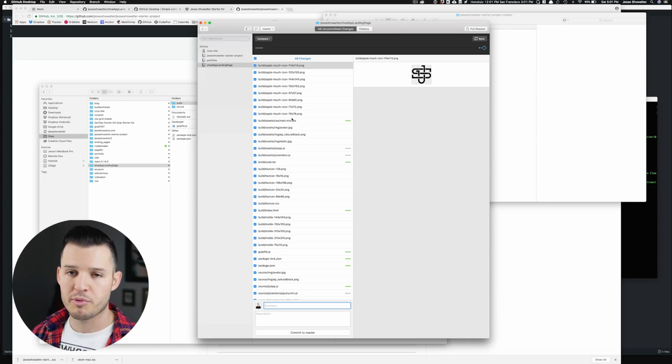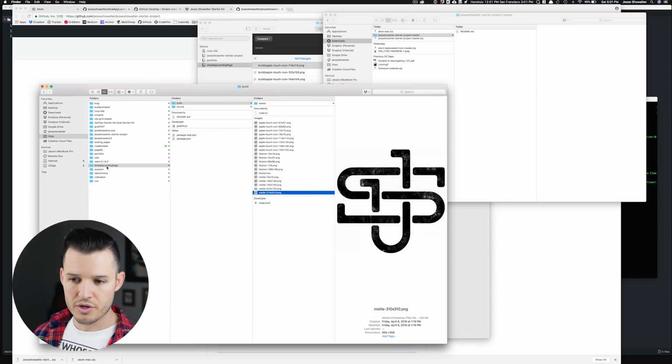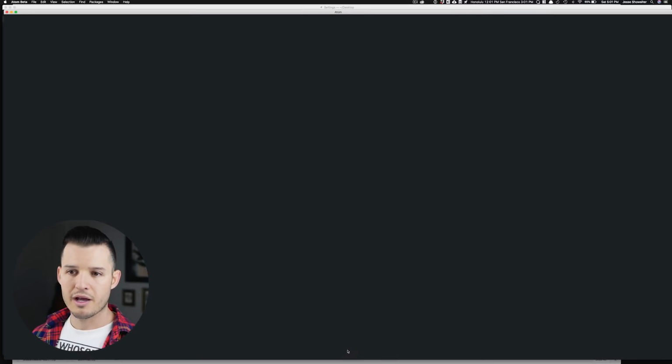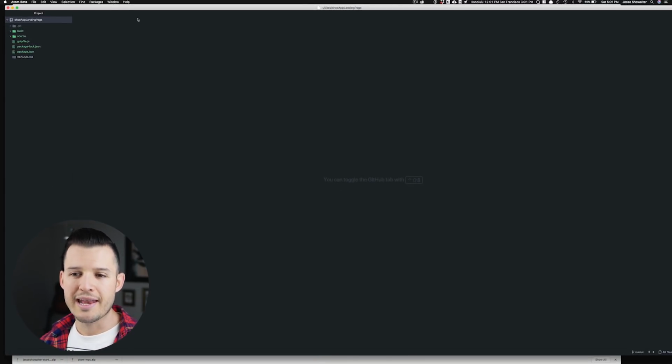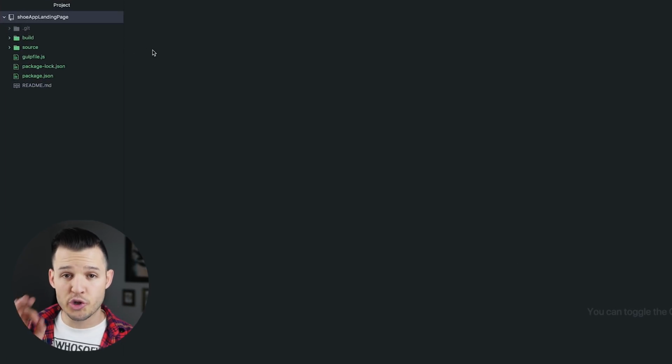We could push those up to the project if we wanted to, but we want to go through and actually check out what's inside of there. So let's do that. Let's open up Shoe App landing page inside of Atom, our text editor. I'm going to do that simply by dragging it down and opening it up on top of the icon of Atom. I'll close the other files that we had open. And now you can see Atom is actually, because it's synced up with GitHub, tracking the files as they are in the project.